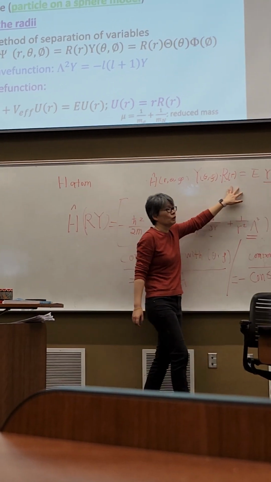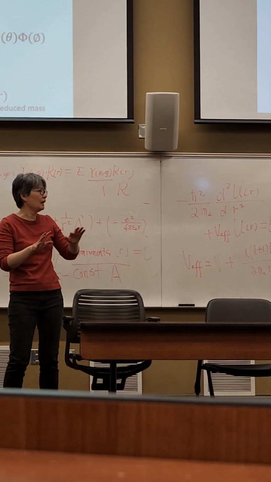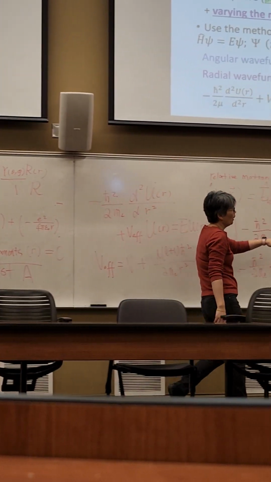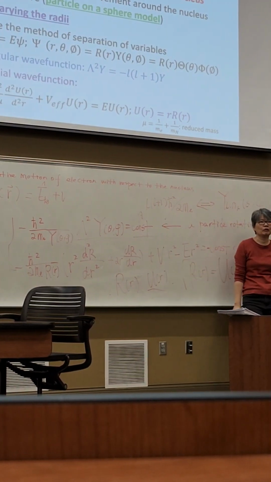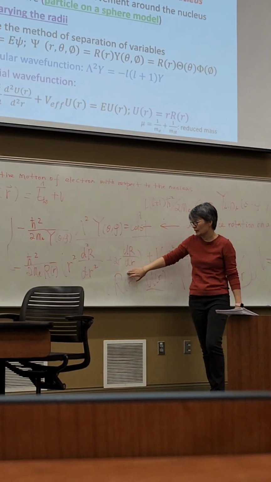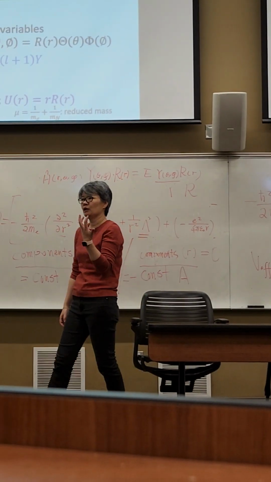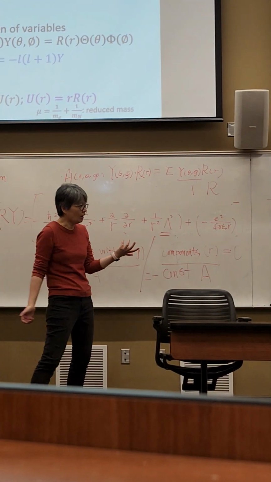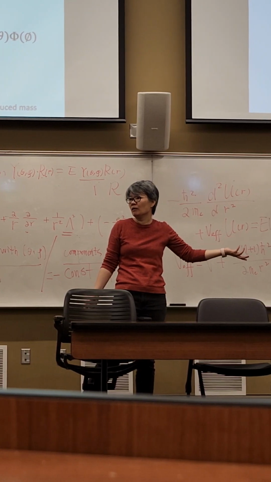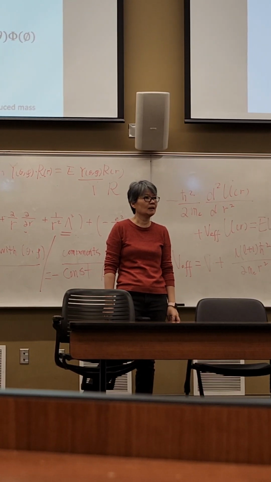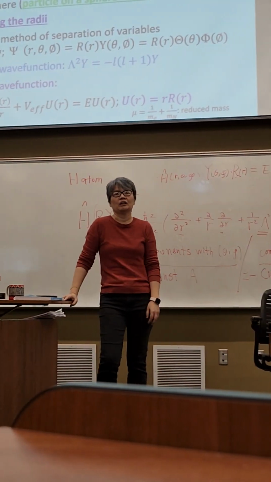Instead, we separate into two parts using separation of variables, and calculate the angular component and the radial component. Now, for the radial component, we do not directly solve for R. In turn, we solve for U. But once we know U, then we will figure out R, because R is just the U function divided by the variable R. Does that make sense? Okay, so Wednesday, finally we can show the wave function